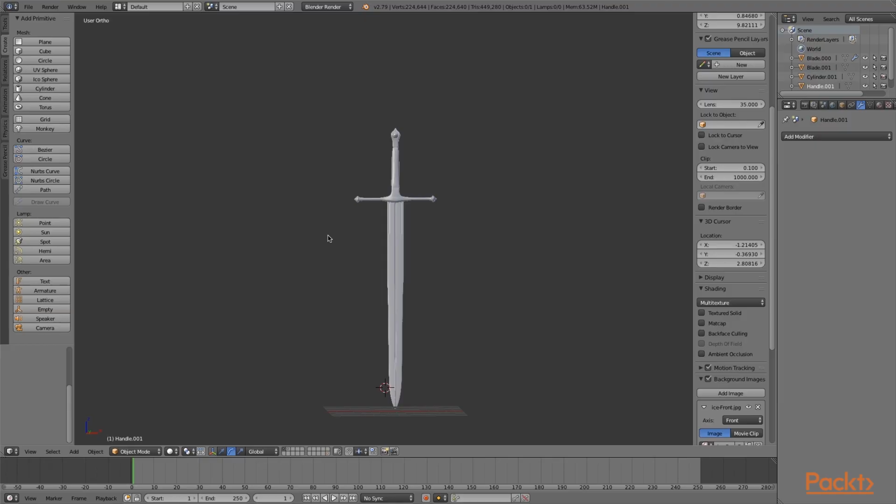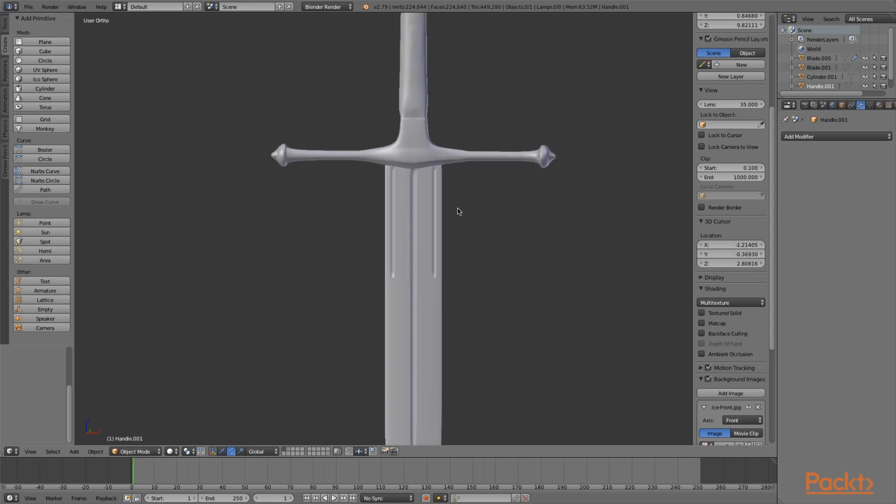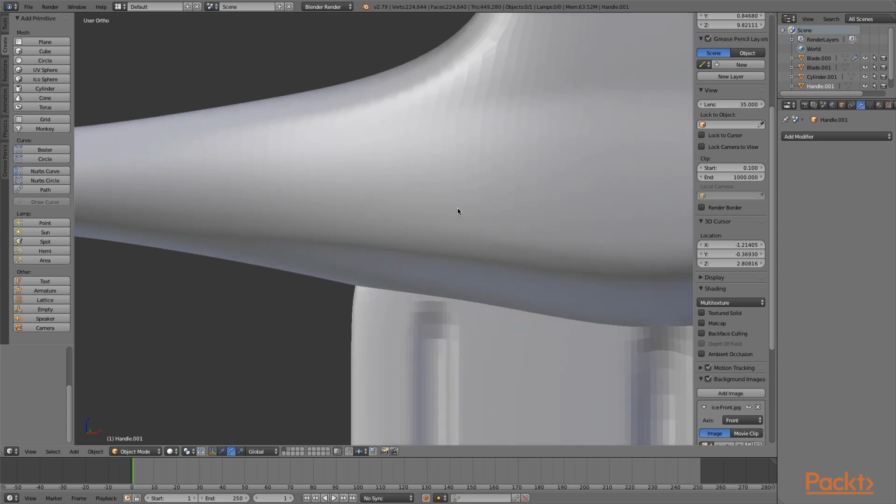Alright, so we have our high resolution sword here. You can see we have almost 230,000 verts, 230,000 faces, and 450,000 tris just about, so it's pretty high resolution. Not to say that would break the bank on any program really. With the way computers are nowadays, this might be able to be rendered pretty well in a program. It's just when you get way up close, you can see that there's so many different polygons and vertices and